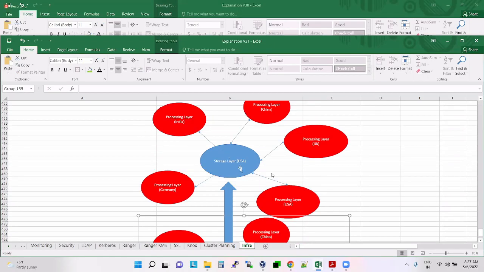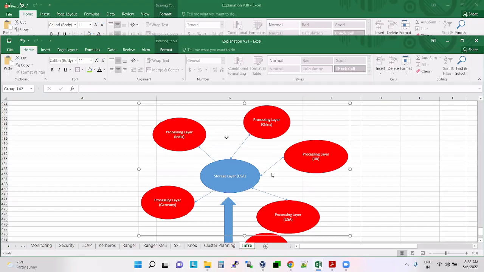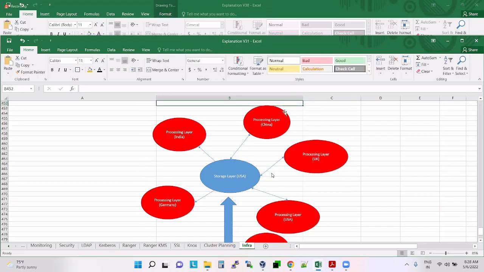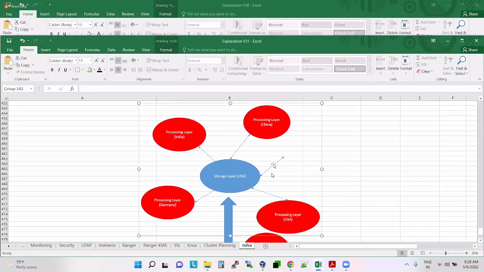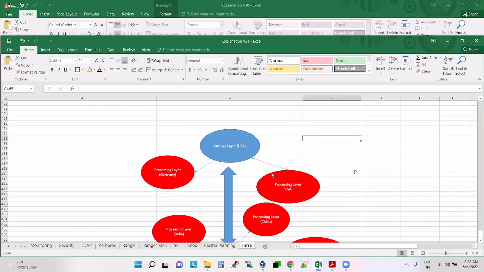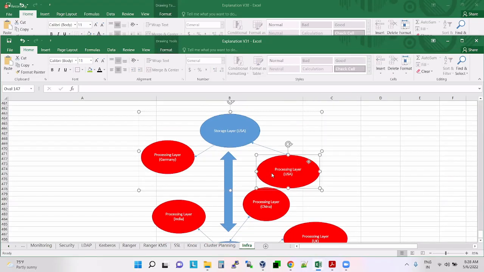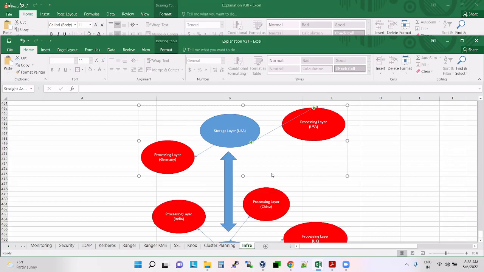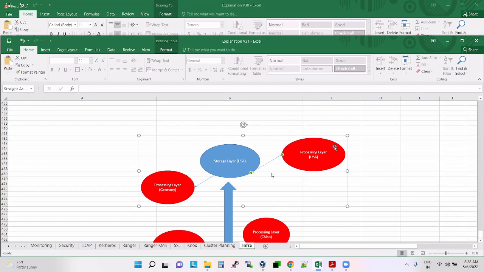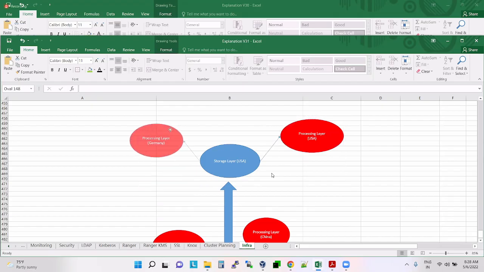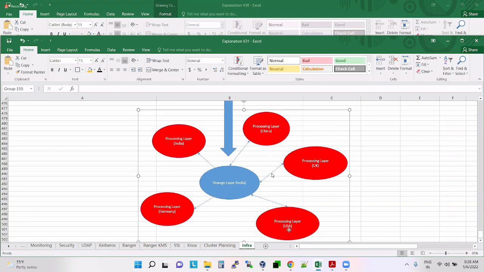Germany, USA, and UK may be accessing data from the USA data center.